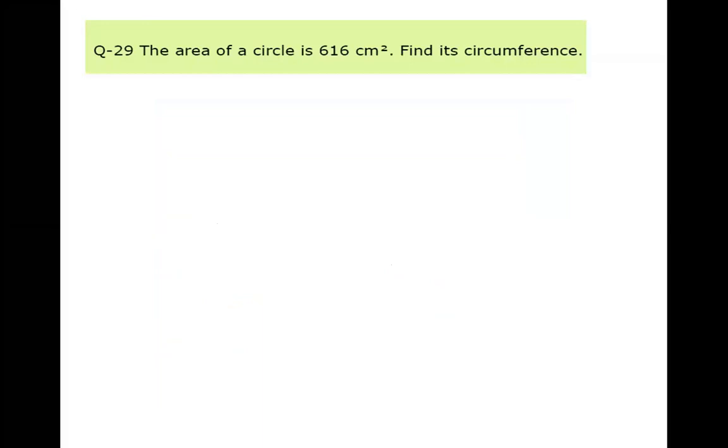So now here you have the area, and by using the formula of area you can find the circumference. You all know the circumference is 2 pi r. For that I need r, that means the radius. So using the formula of the area of a circle, I'm making r the subject and putting the value in the circumference. So these are the procedures to do.